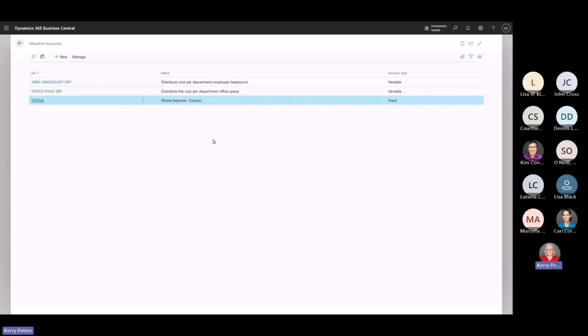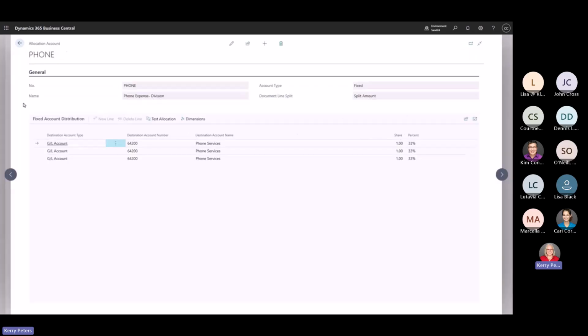In Business Central, I'm in the page Allocation Accounts. What I'm going to do is start with the last one, which is phone expense. And I can see that this will be phone expense by division, and it's an account type of fixed. So if I go into this allocation account, I can see that I've assigned the number and name. I've used the account type of fixed, meaning that we are defining the split based on a fixed share or